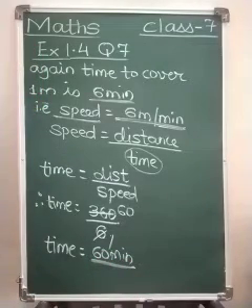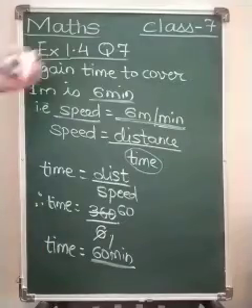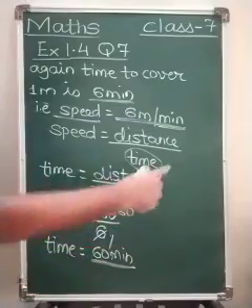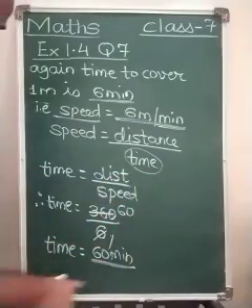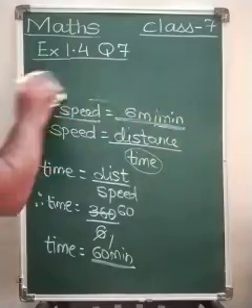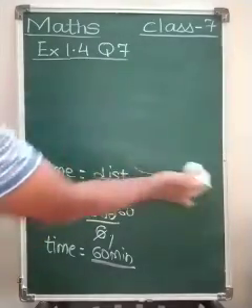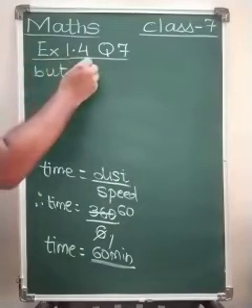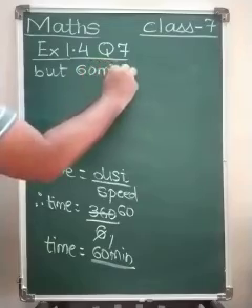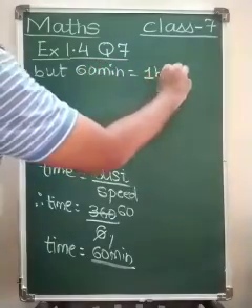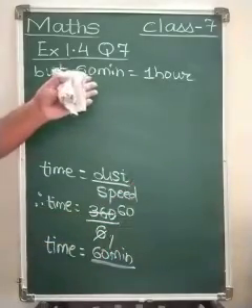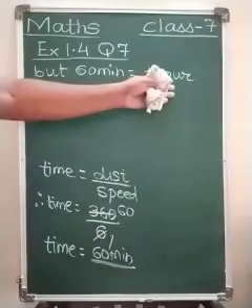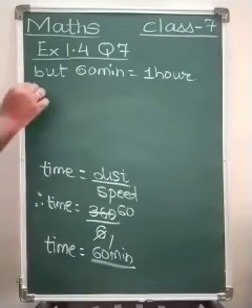Okay, time equals 60 minutes. Again, I'll rub out this part. Our sum is over. So the time taken by the elevator to reach minus 350 meters would be 60 minutes. And what is 60 minutes? 60 minutes is nothing but 1 hour. 60 minutes equals 1 hour, or you can even leave your answer here. The elevator will take 60 minutes to reach minus 350 meters, or you can write down it will take 1 hour. Therefore, we write down our answer.